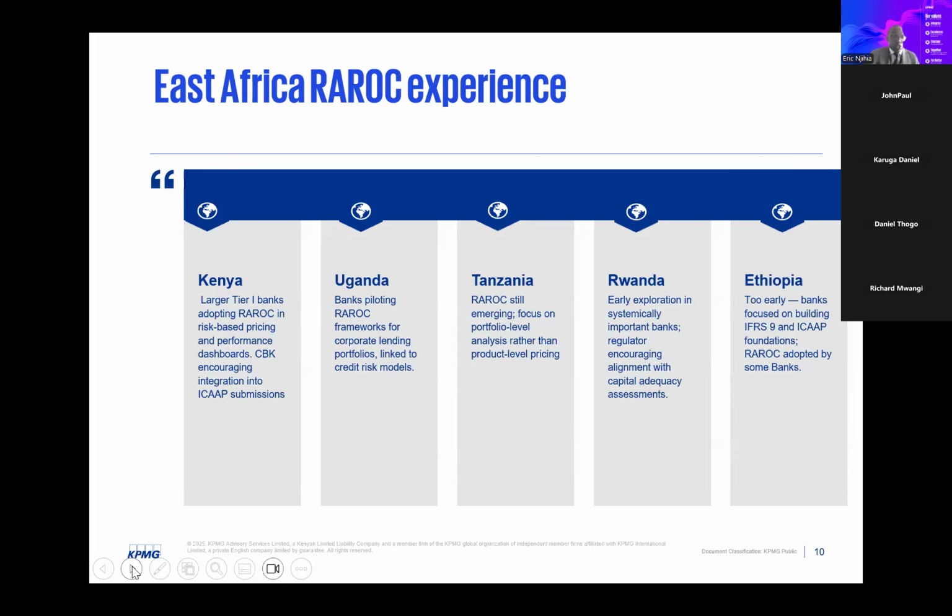The other aspect is that Uganda is also looking at this, profiling the RAROC frameworks, especially for corporate lending portfolios, in such a manner that if you are able to rate your corporate customers, you're able to compute the RAROC and see whether you are making profit on the same. Tanzania, it's an emerging conversation, but largely the focus is on portfolio level analysis,